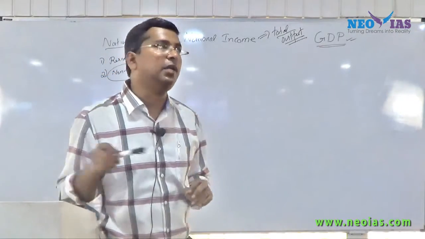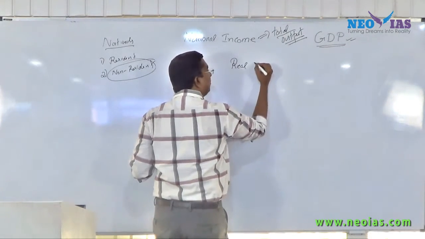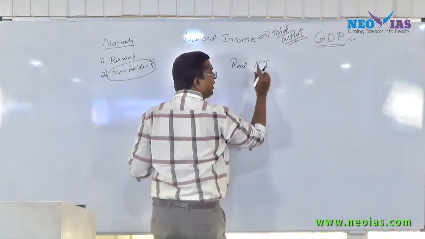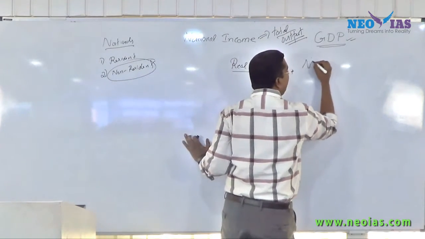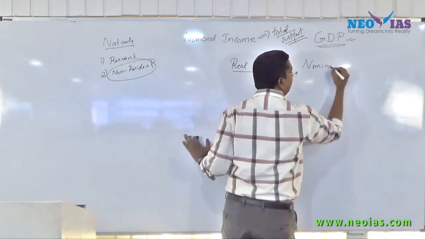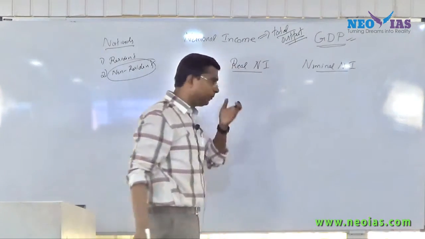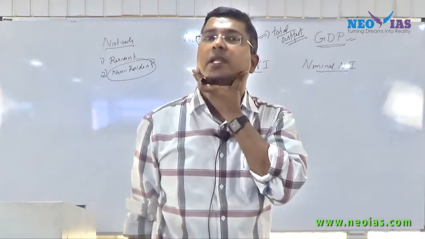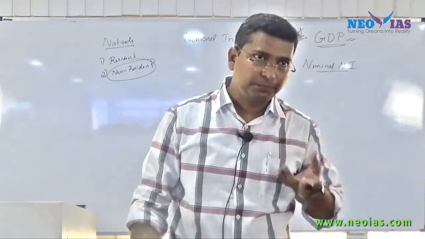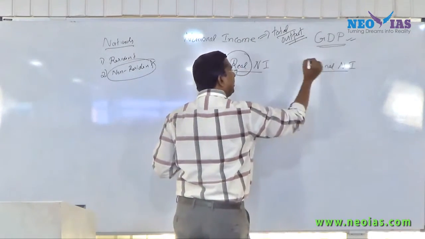A simple but very important concept, what is called real national income. Now I will use the short form NI, meaning national income. Real national income and nominal national income. Real and nominal. Now try to understand, wherever you hear this term real and nominal,